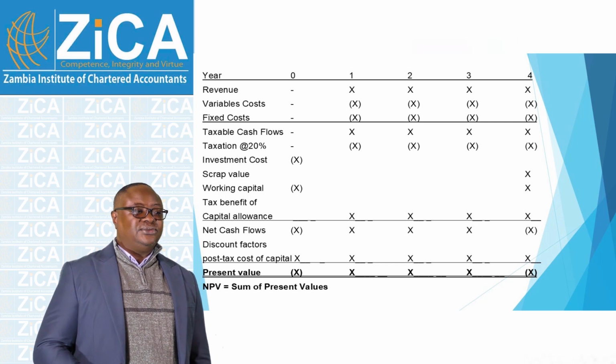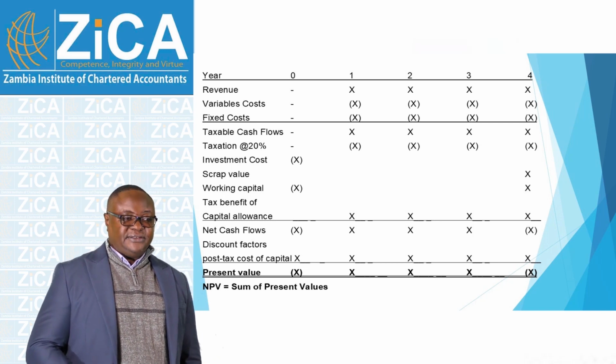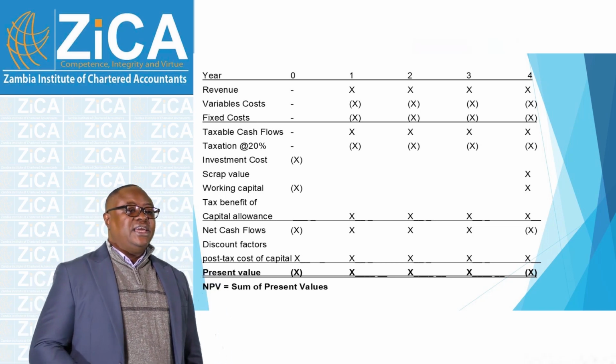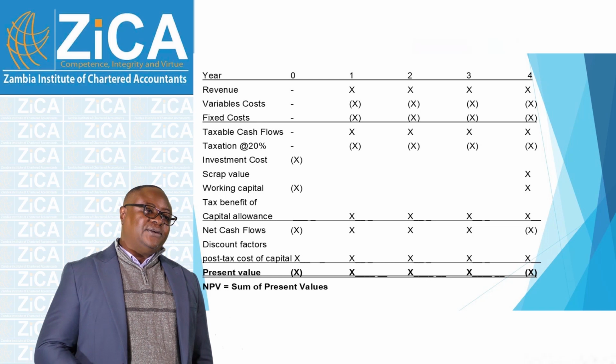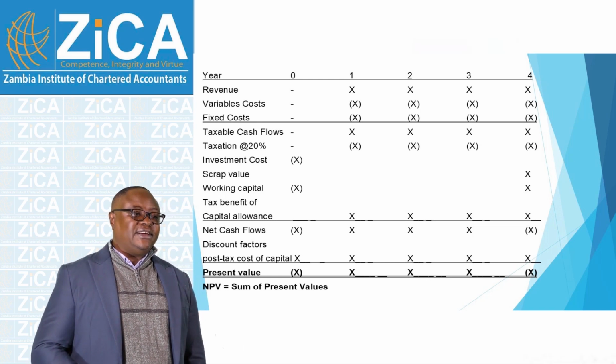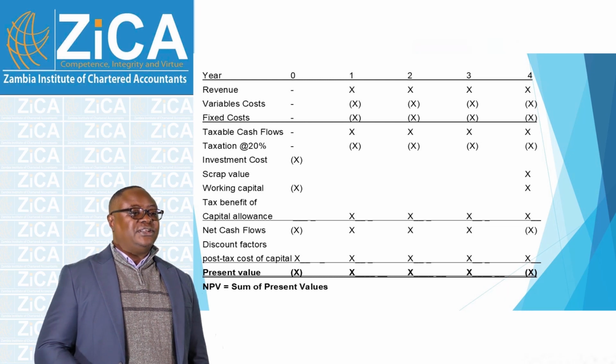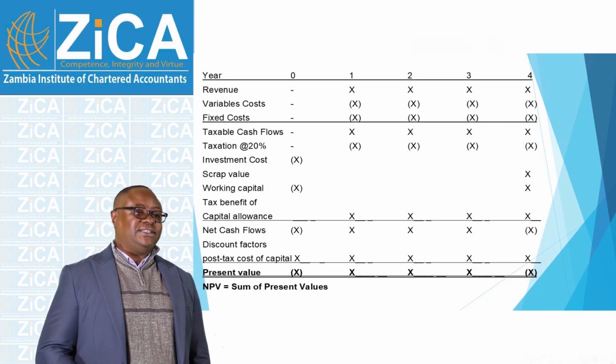The next is to do with the tax benefits, tax relief on capital allowances. You may bring in that aspect also. If it's there in the question, it's a relevant cash flow. So all these aspects are common cash flows that you expect to find in an NPV question. So if you understand this, all you do when you go into the question is read the question and pick these variables from it. They will be provided there.